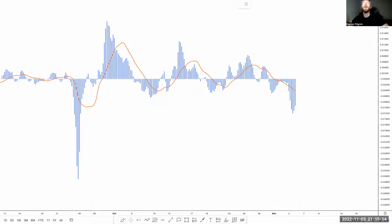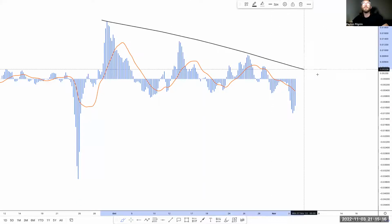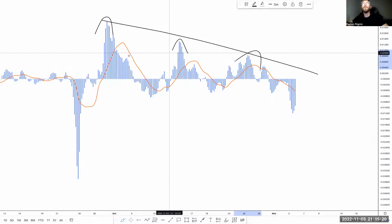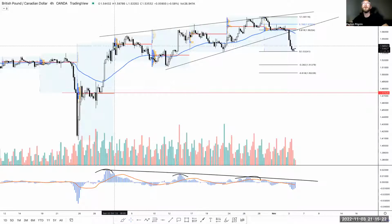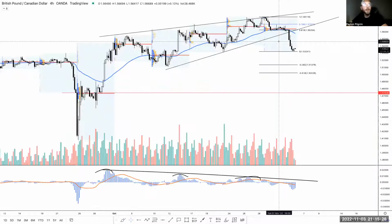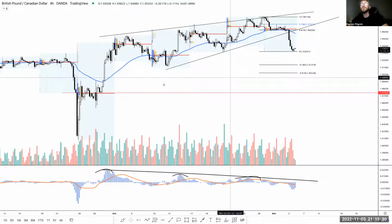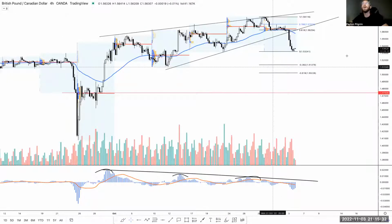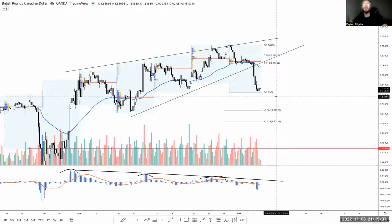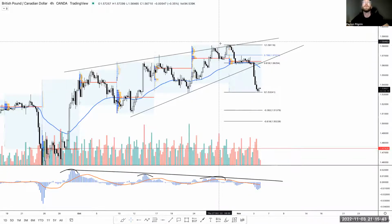And you can see when there's this much divergence, and I call it 3 waves, 1, 2, 3. When the market makes 3 waves to the upside, it makes 3 new highs, but the momentum does not. It's a market maker strategy, it's a momentum strategy, it's all of that together. And I mean, boom, tank. I just didn't get my entry because I'm petty in a way when it comes to this market. So